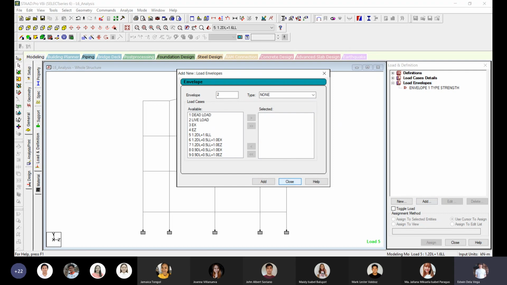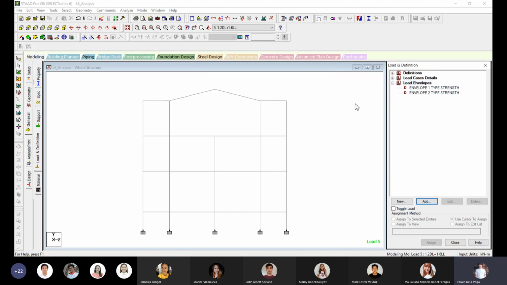Sorry, so just click add here. So there you are. This is my load combination that I will be using later, and also member ranges. Okay, so if I'm going to look at the results of the analysis,